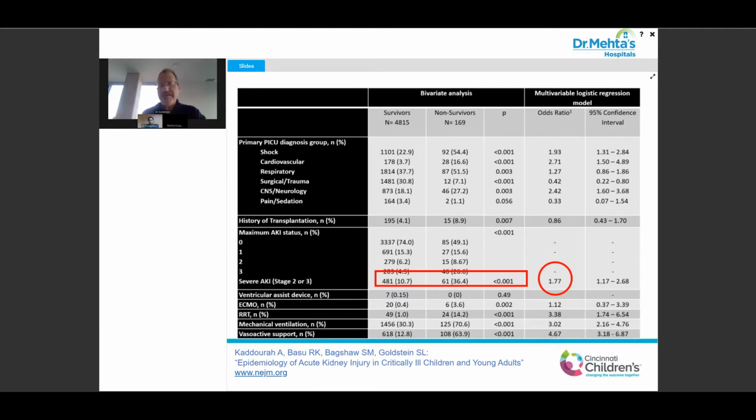And why was this study so important? Because now in children, we can say that AKI adds to the risk and is a cause of mortality, and that patients aren't just dying with their acute kidney injury. And the reason it's interesting even outside of the pediatric realm is many of these patients don't have comorbidities like the adult population: solid organ tumors, COPD, heart failure. So this really is telling us that AKI is a risk factor in and of itself.